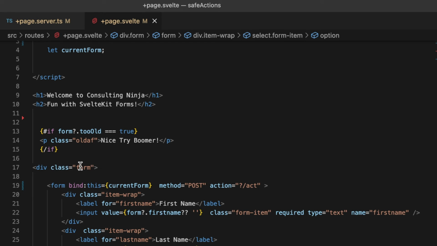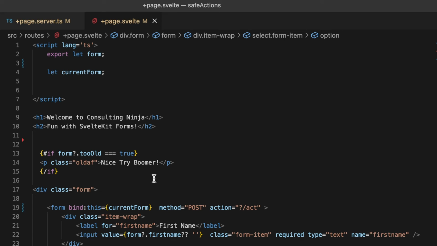But I want to show you guys one other thing here that's super important, and that is the use enhance. What use enhance does is it's a way of enhancing our forms even more. The way that I look at this is this way. If I'm creating an application, I am assuming that my users are going to have JavaScript enabled. If you don't have JavaScript enabled, then in today's day and age, that's just too bad. I know that there's a lot of people that say, well, you'd be surprised at how many people don't have JavaScript enabled. And I would say, well, then they need to get with the times, because JavaScript is what makes